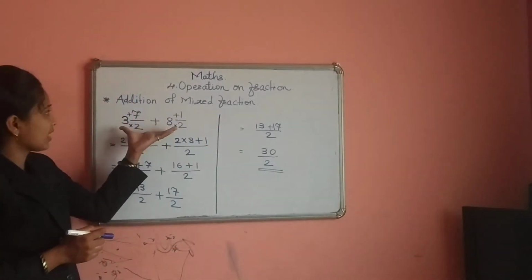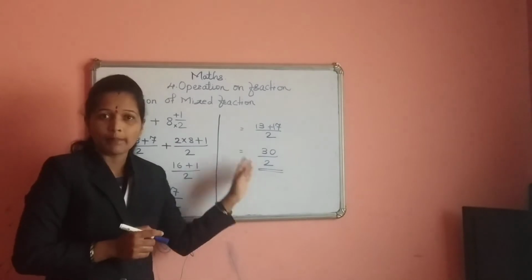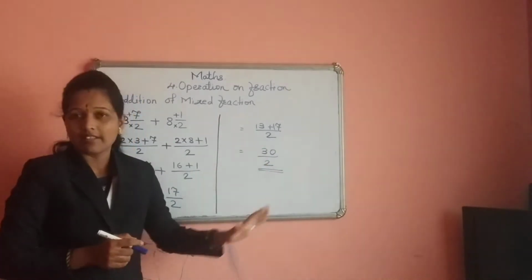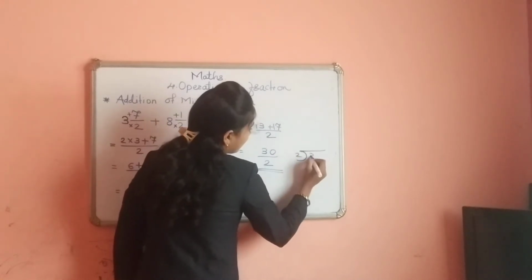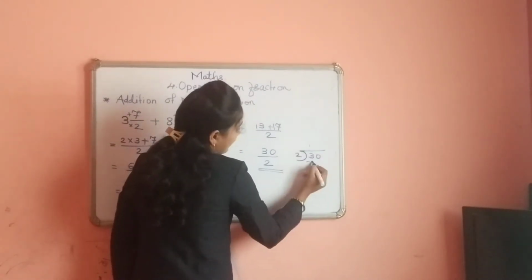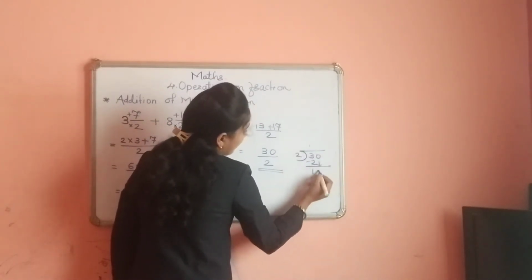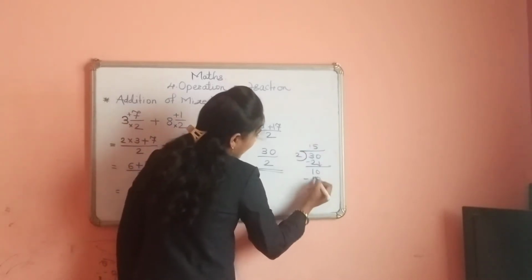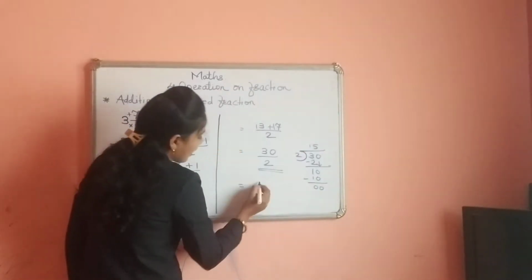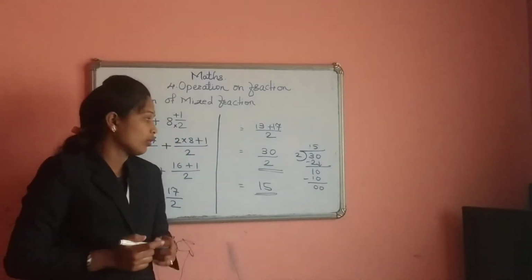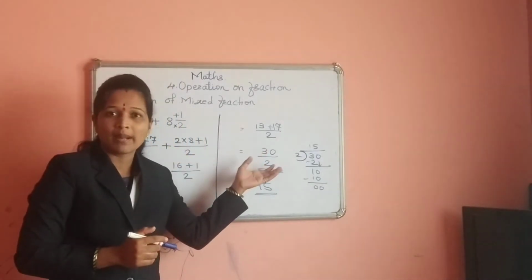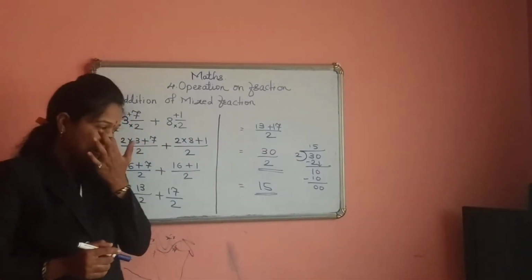It means the mixed fraction addition answer is improper. We know that we can divide it, 30 divided by 2. In the table of 2, 30 is also there, so divide 30 by 2. That is 2 1s are 2. Remaining 1 and 2 5s are 10. It means our answer is 15 also. You can write down the answer 15 or you can write down the answer 30 divided by 2. It is also considered. Okay.